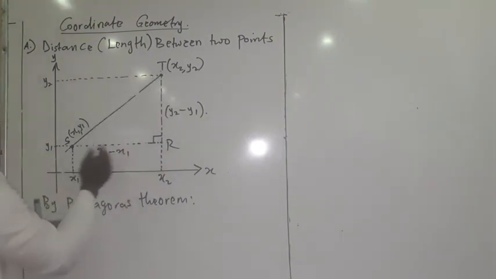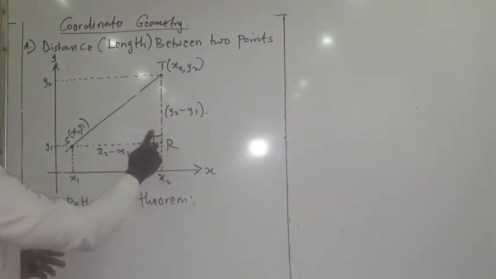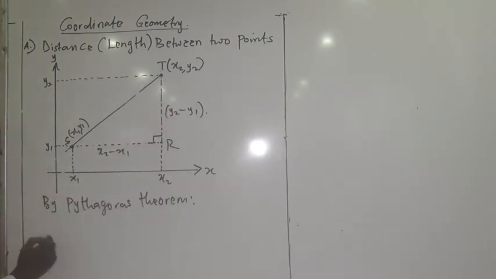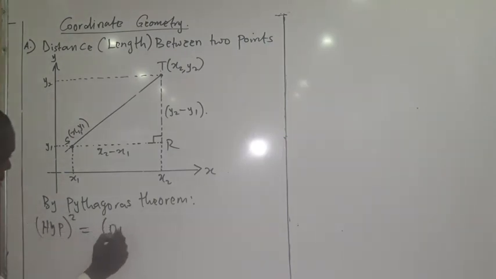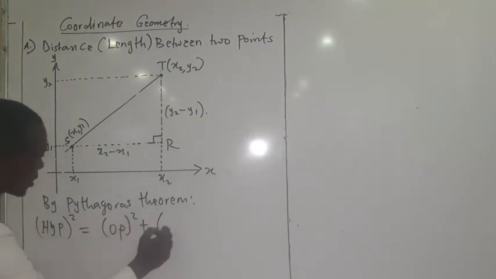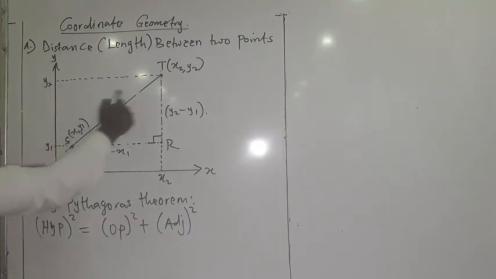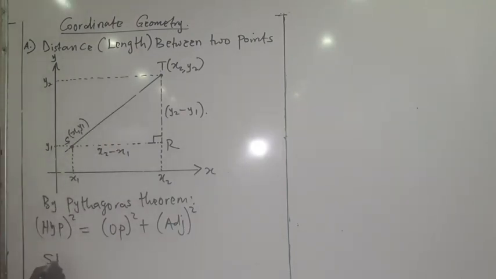The hypotenuse is always the side opposite the angle 90, which is line ST. So our hypotenuse squared equals opposite squared plus adjacent squared. The hypotenuse squared here is line ST. So ST squared equals